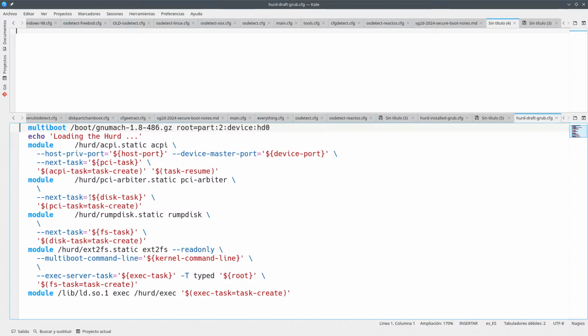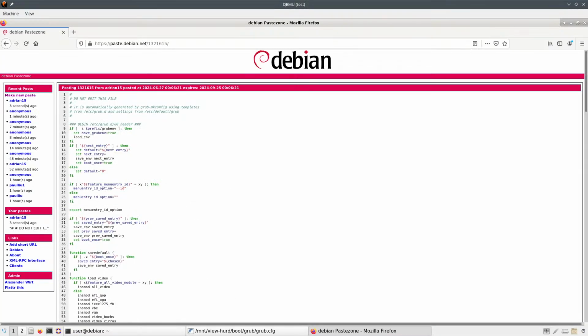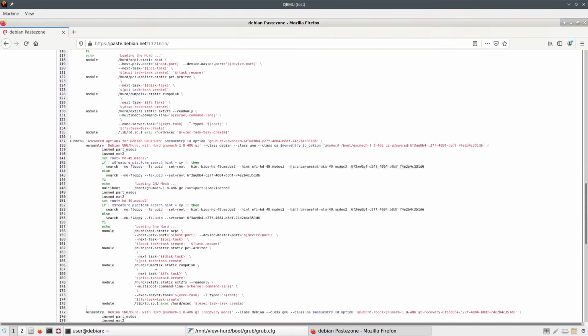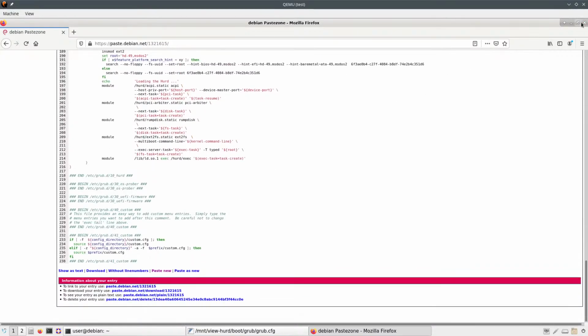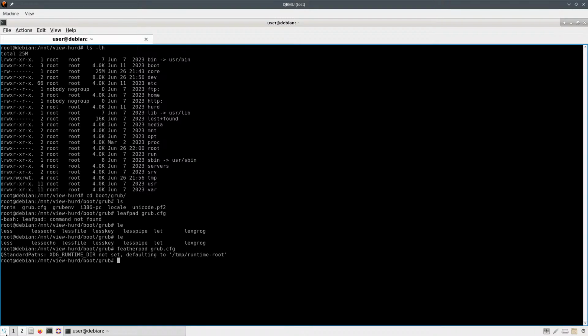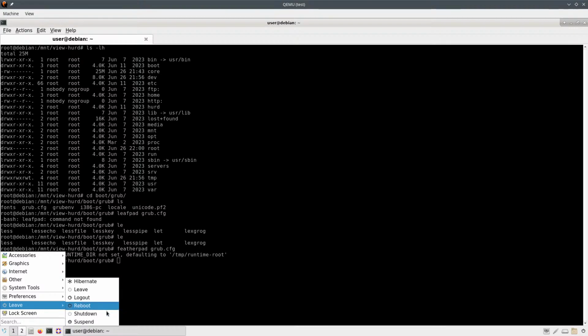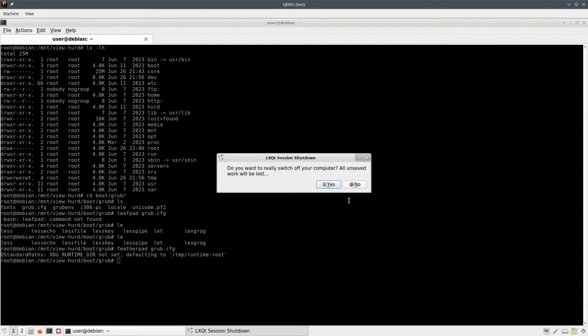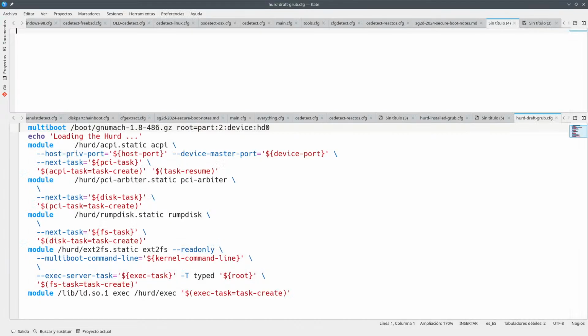So I think I'm going to end the stream here because it's late. We haven't managed to make the Hurd thing, but we have managed to get an updated grub.cfg, and not whatever is documented, which doesn't have anything to do with what at least is done from the shutdown thing. I mean, we can close. Wait, this is mounted. Yeah, let's do a regular shutdown so that, okay, perfect.